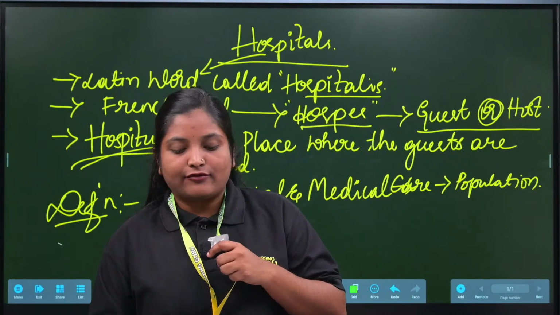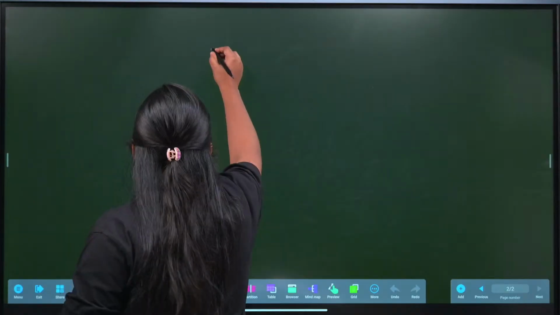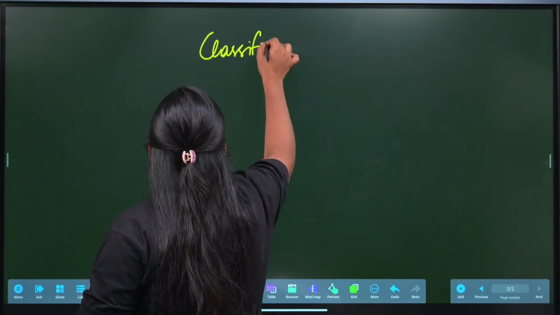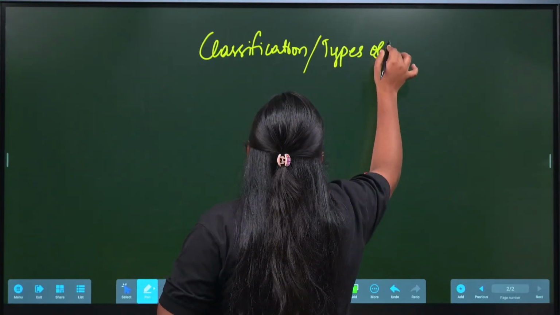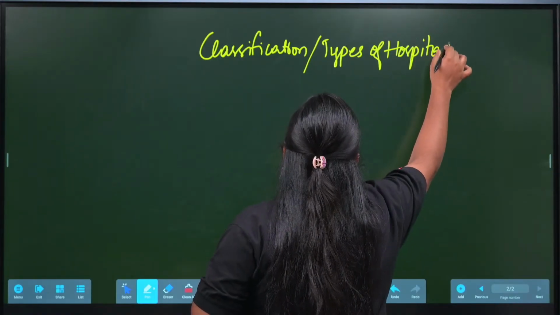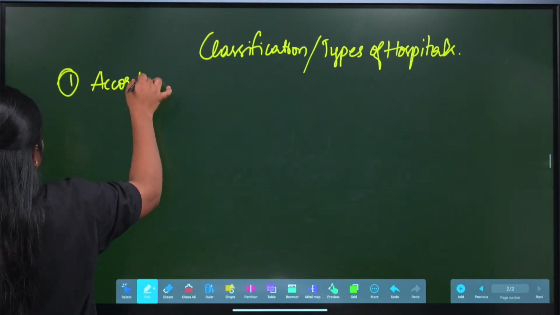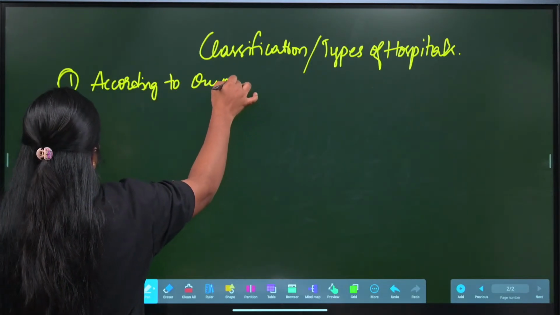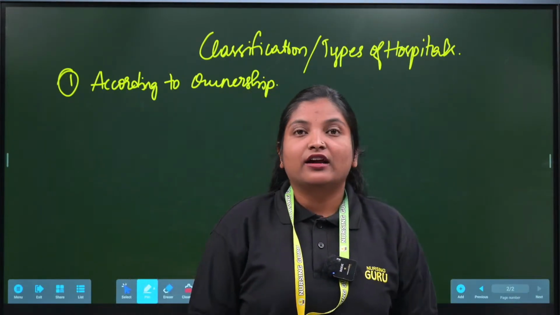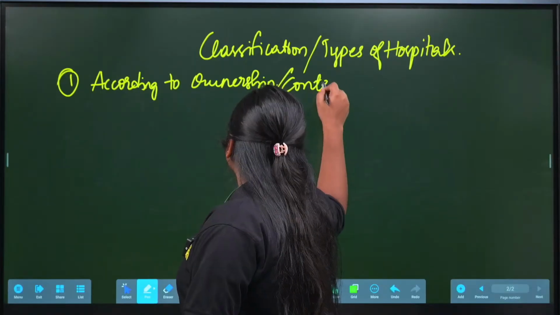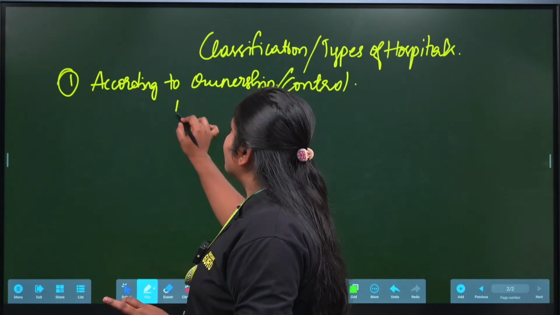Okay, yesterday I taught this one, but even so, once again I am telling the first classification. According to ownership, or the control. According to ownership or the control, there is a classification which is public hospitals. Under this one, the first one is that